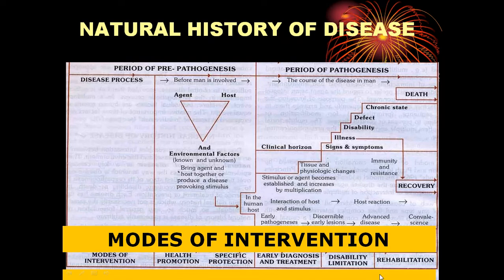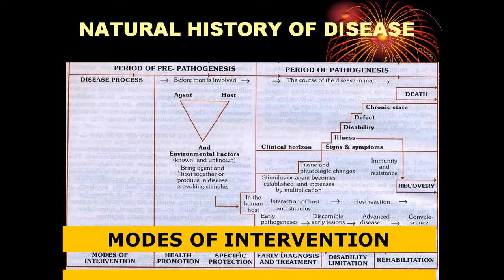So now you know how the levels of prevention have been again taught to us in a new mode, that is modes of intervention. It's nothing but the same levels of prevention. The first two modes of intervention are primary prevention. This third mode of intervention is the secondary prevention, and disability limitation and rehabilitation, which are the last two modes of intervention, are included in tertiary prevention. I will not repeat this, but remember this, understand this. In your exam, you cannot miss this simple thing also.